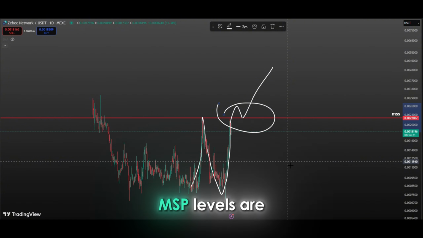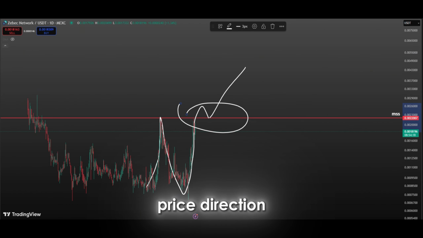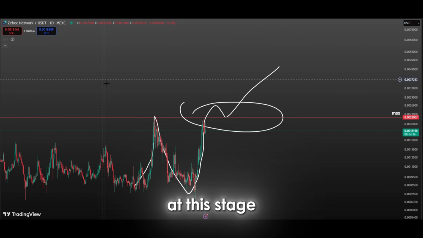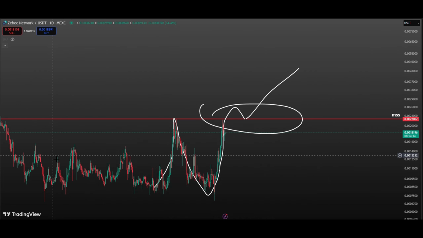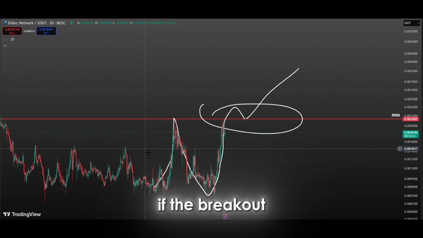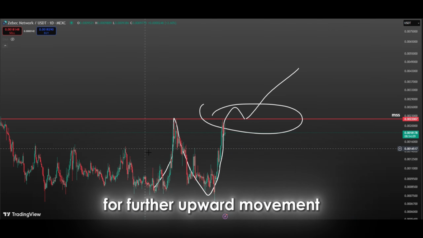uptrend. MSB levels are often used to identify potential turning points in price direction and are frequently seen as signals for long opportunities. At this stage, the price's approach to this MSB line is showing quite positive signals. The continued testing of this level suggests that a breakout may be near. If the breakout occurs, there would be no significant psychological or technical resistance remaining, opening the path for further upward